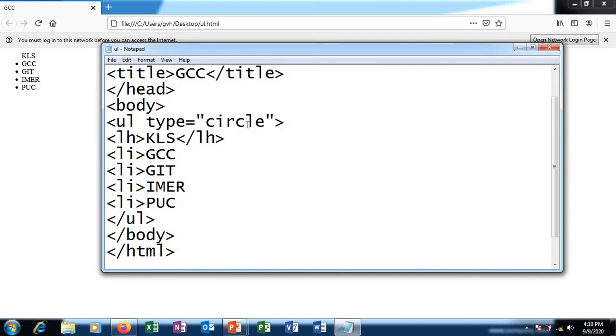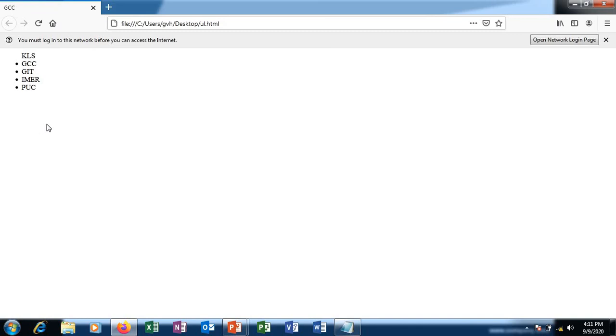Like I have included circle within double quotes. So save this. Let's go back to the web browser, press F5. With circle, the only change we have is an empty circle now. Earlier the default one we had was a filled circle, and what we have now is an empty circle. So the only change is the symbol.